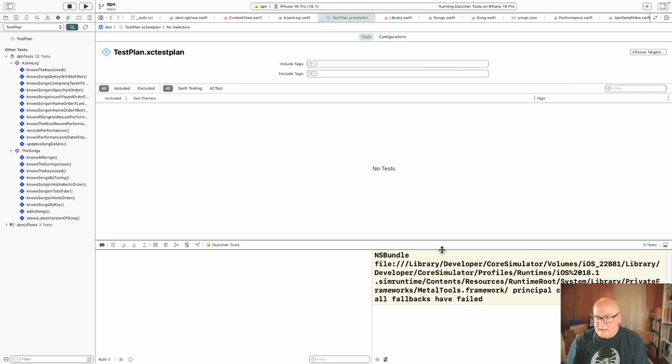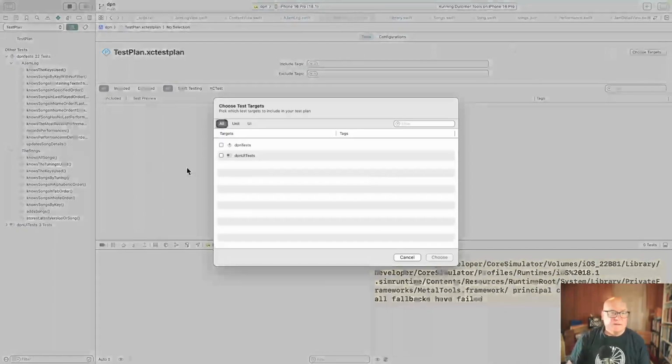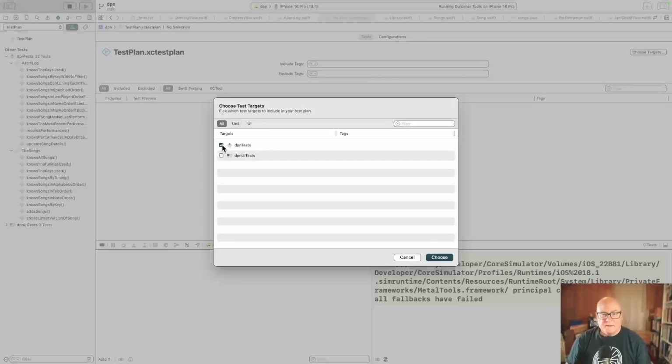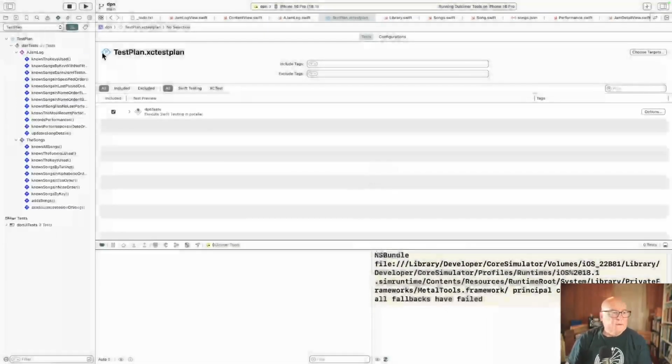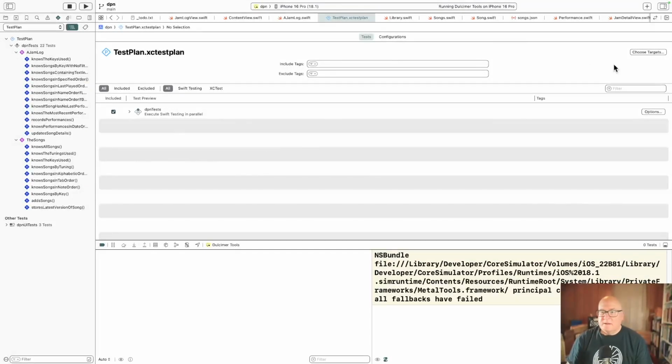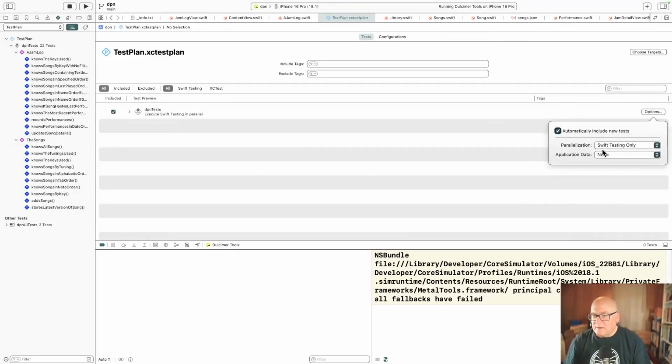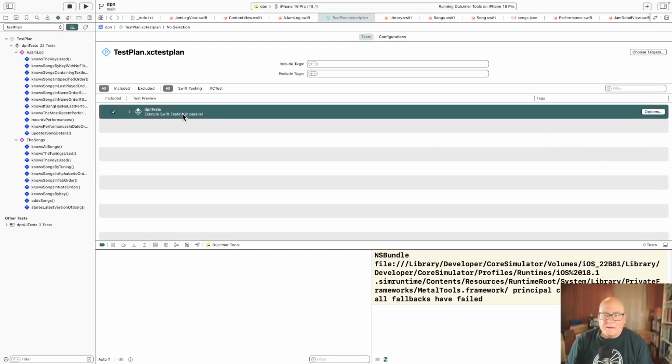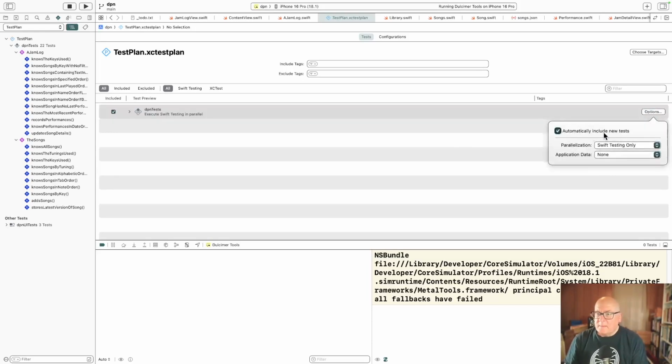I don't see anything to add with choose targets. Okay. That looks more promising. And I think we said turn this parallel thing off. I don't see how. Include new tests. Oh, parallelization disabled.